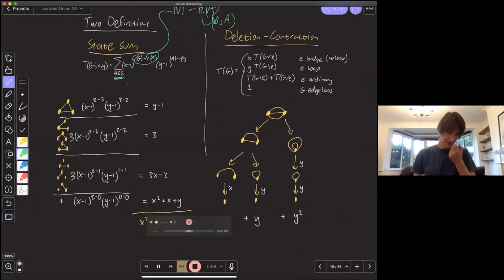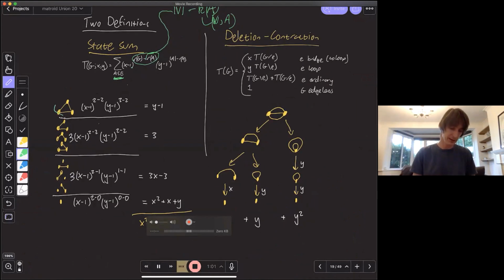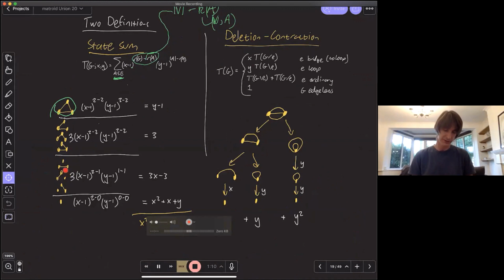So here's a little example. Here's my 3-cycle again, and down here we have all of the spanning subgraphs. Let's look at this term. My graph is rank 2, the subgraph is rank 1, so I've got my 2 minus 1 from the x terms. And for the y term, the size of A is the number of edges in the set, so I've got 1 edge, and the rank of any of these subgraphs is 1, so I'm getting a y to the 0. Overall I get a 3x minus 3 term. I go through and do this for the other 7 subgraphs, add them all up, and I get the Tutte polynomial x squared plus x plus y.